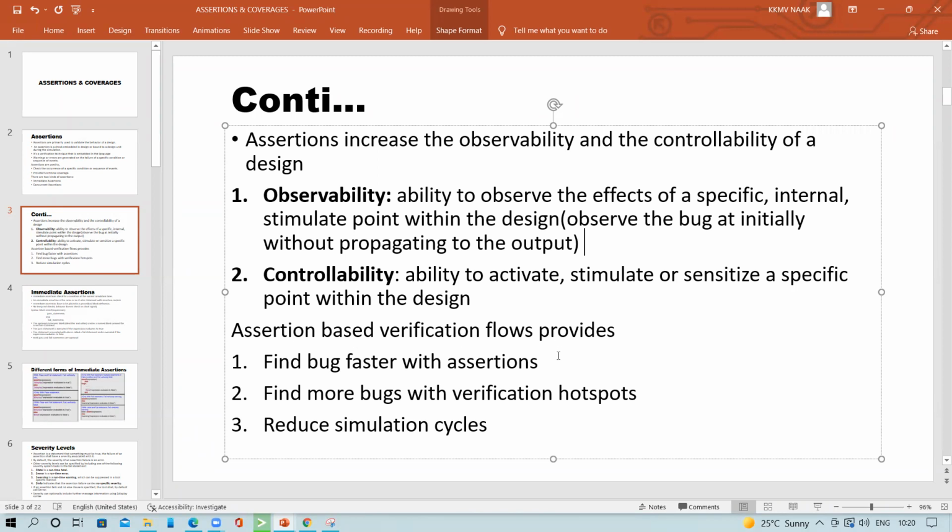And in an assertion based verification flow, by writing assertions, the benefits you gain are that you can find bugs faster, find more bugs with verification hotspots, and reduce simulation cycles. Because if you want to find bugs, you have to run your design so many times. Rather than running so many times, if you just write these assertions, you can find at least 40% of bugs by running your assertions. Okay, that's what reduces simulation cycles. Okay, so coming to the